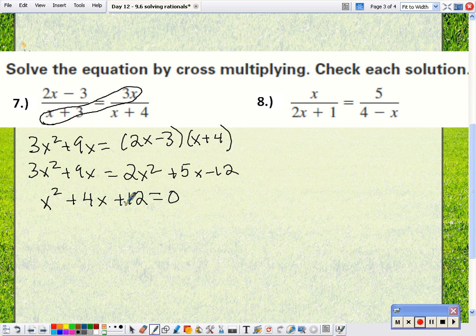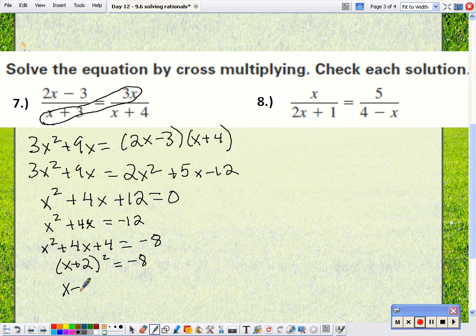Honestly, I think this is a good candidate for completing the square, and here's why. This is a 1x squared, and this is a 4, which is an even number. So I'm going to subtract the 12 from both sides. Oops, that's 4x. I'm going to add b over 2 squared, which is 4. This is going to be x plus 2, take the square root of both sides, equals plus or minus root